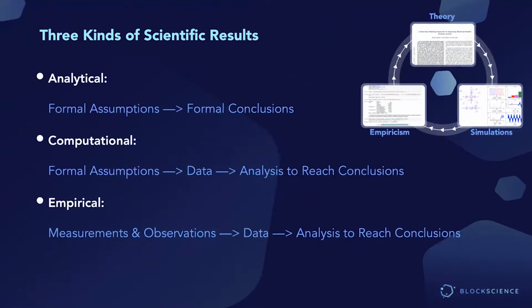In this particular setting, these are really three kinds of scientific results. If you have worked in a scientific domain, you've probably done research in one or more of these ways. Analytical is what people in very mathematical disciplines do. They make formal assumptions and they make formal conclusions from those formal assumptions. That's actually the basis of a lot of both economic and engineering decision theory. You flesh out a set of assumptions and then you make proofs and statements about what is true conditioned on